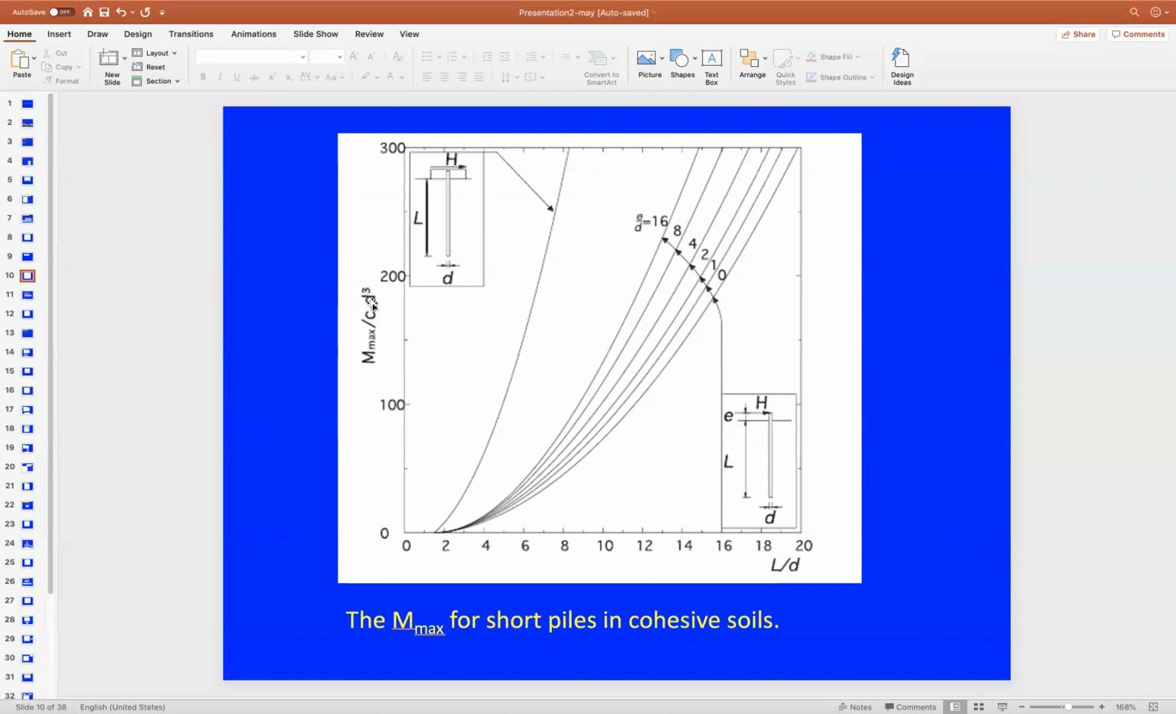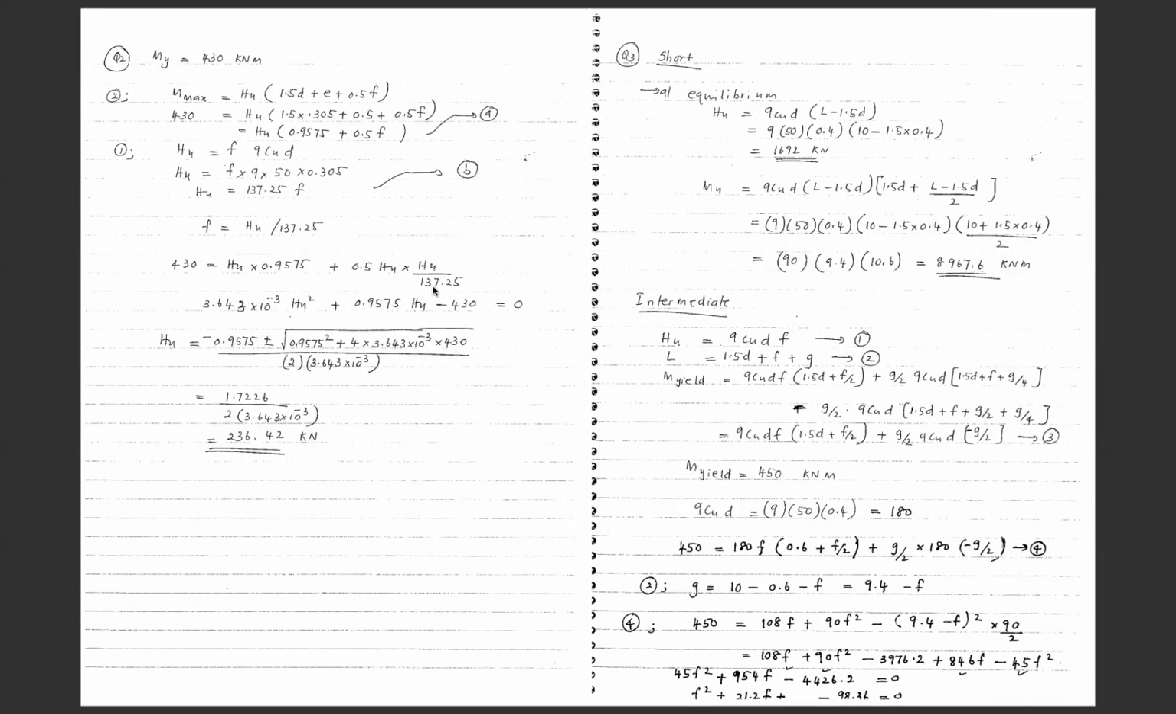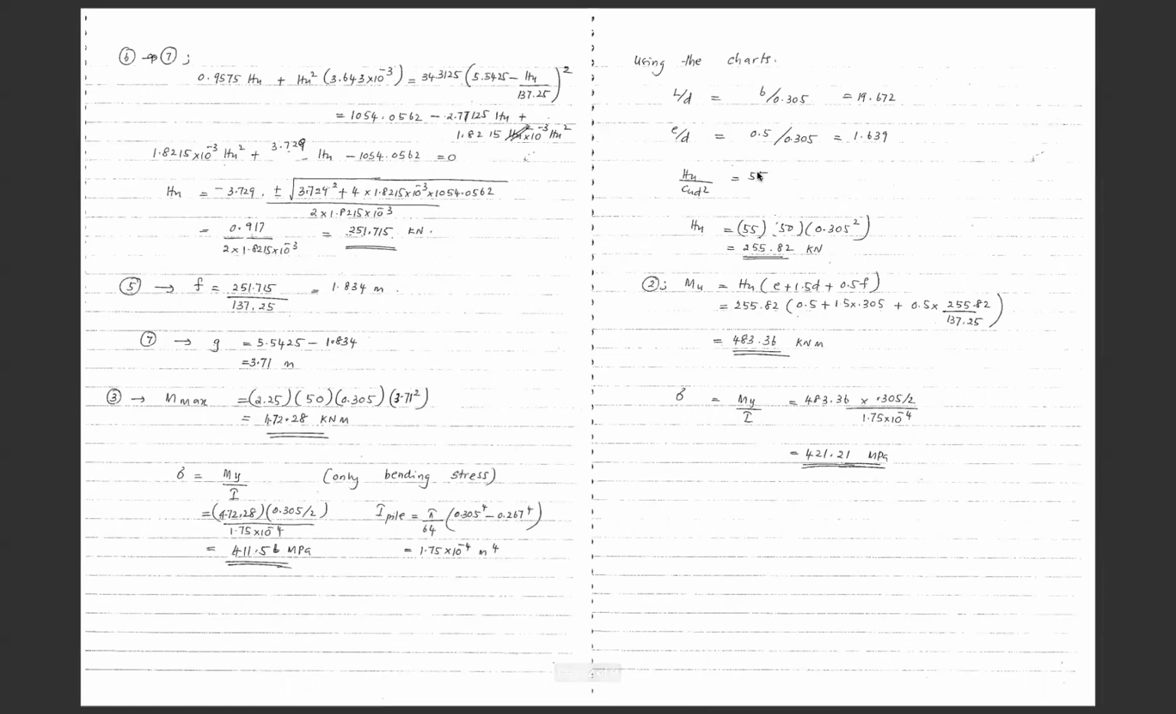Okay, so if we use the chart, the value we get will be somewhat different from the value we obtained using the equations. The reason is the approximation on the chart, because everyone will approximate the value a bit differently. So if you use the chart here, we got the value of L over D, 6 divided by 0.305,